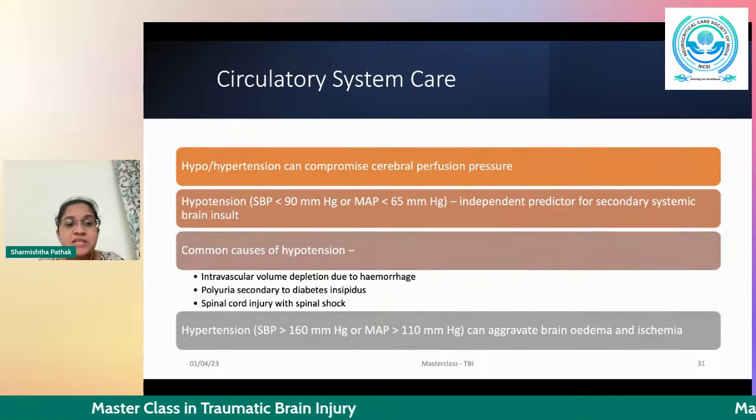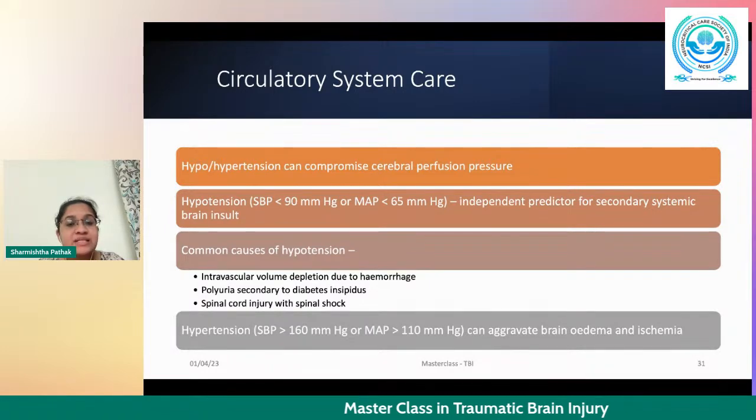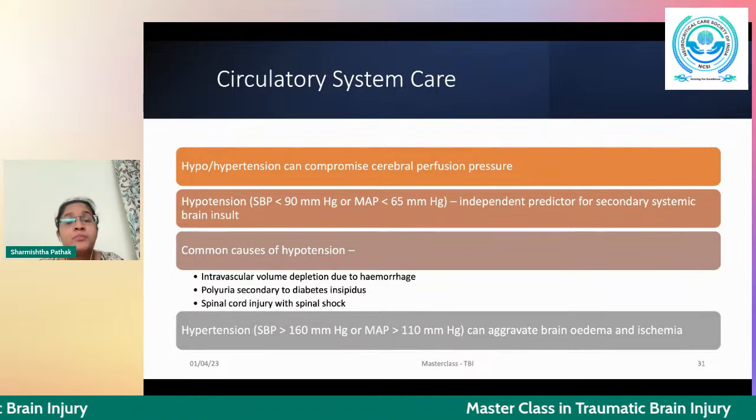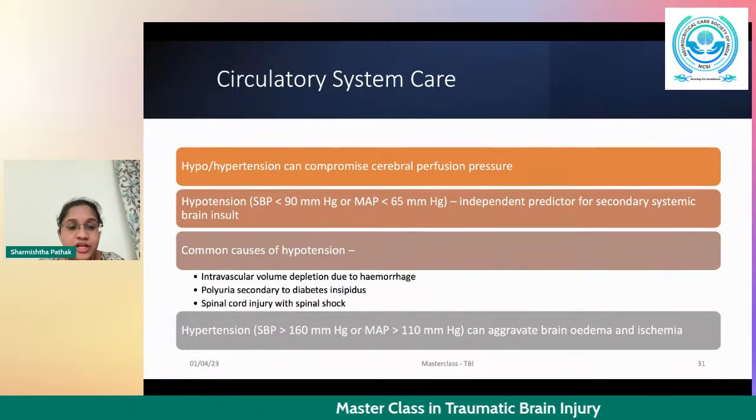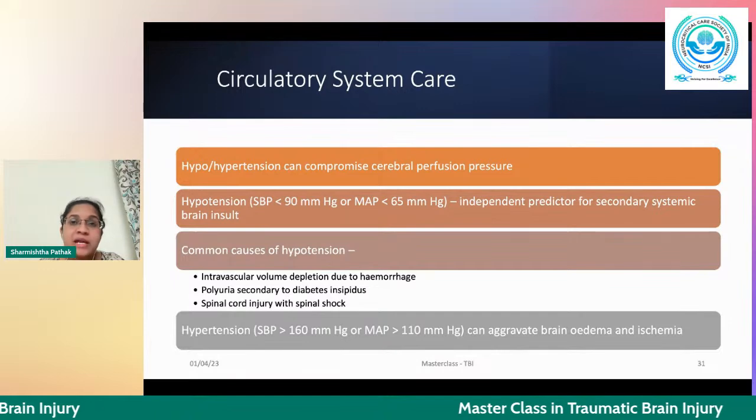Hypotension in such cases has been defined as a systolic blood pressure of less than 90 or a mean arterial pressure of less than 65, and it has been seen as an independent predictor for secondary systemic brain insult. The common causes can be intravascular volume depletion due to hemorrhage resulting from other organ injury or extracranial injuries, as it is a polytrauma situation, polyuria secondary to diabetes insipidus occurring as a result of brain injury, or spinal cord injury